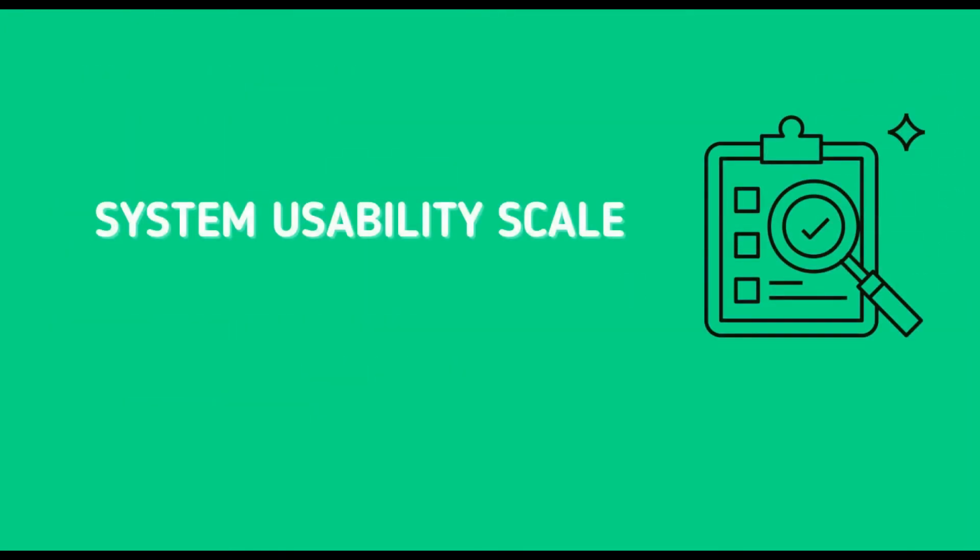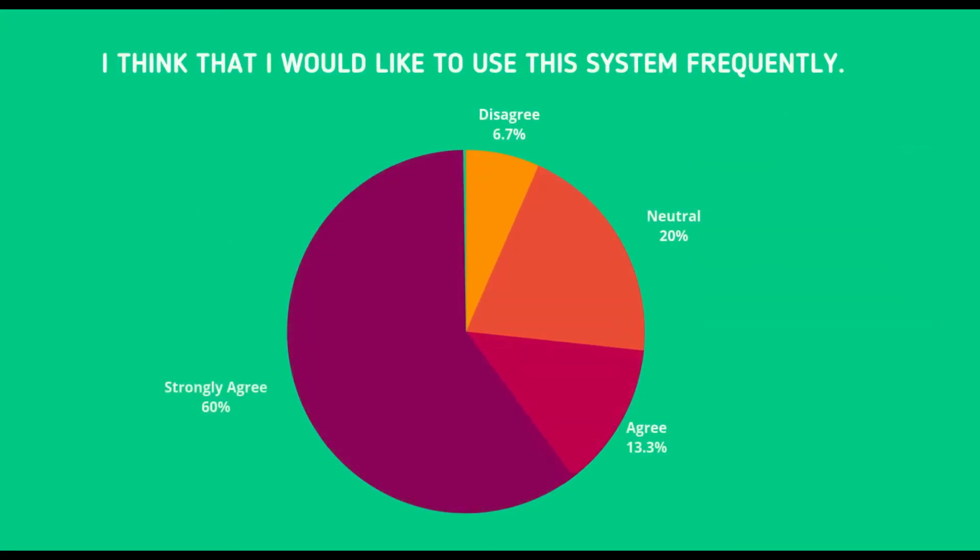For the usability testing, we used the system usability scale where we asked a group of 15 testers a set of 10 questionnaires having options 1 to 5 that goes from strongly disagree to agree. The results are: